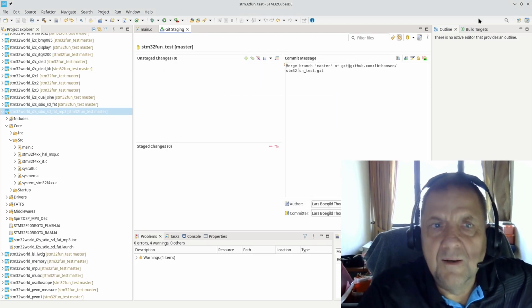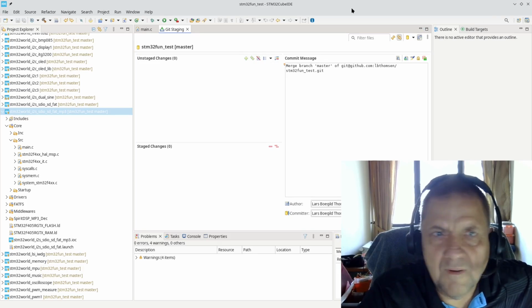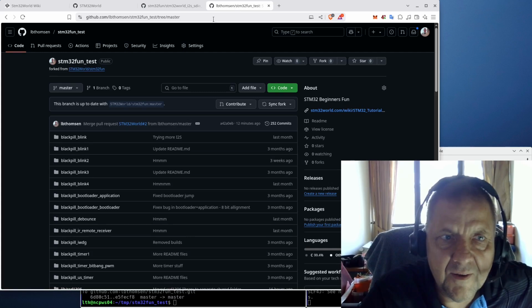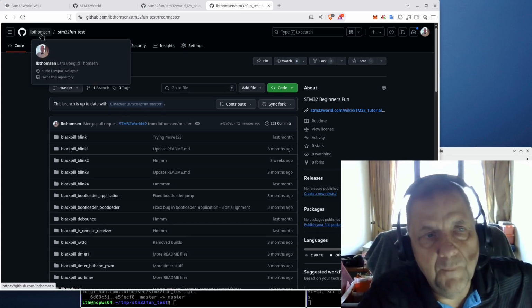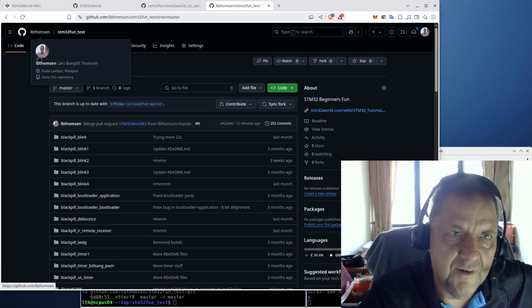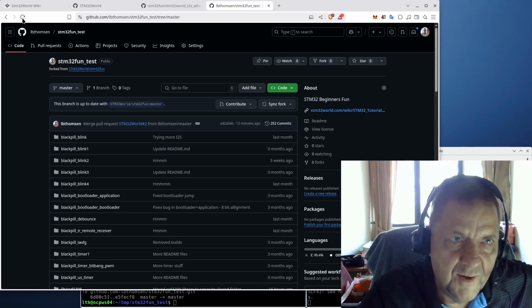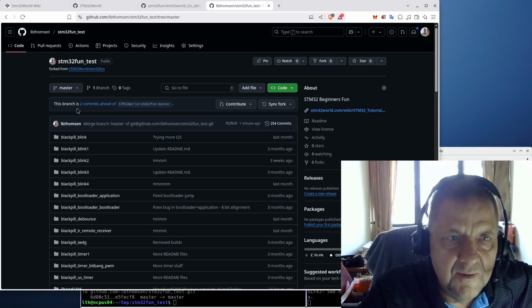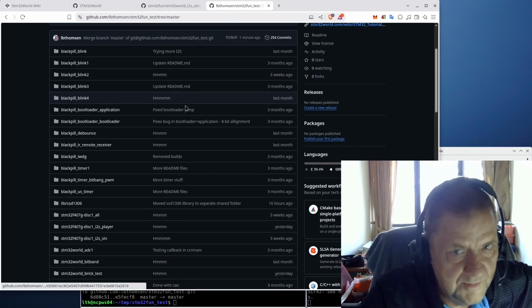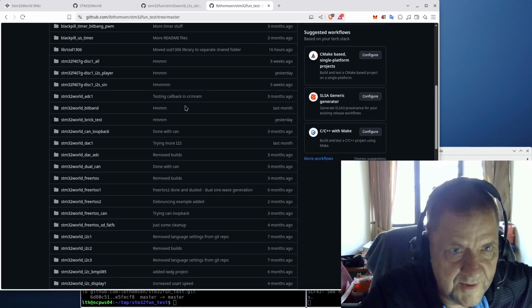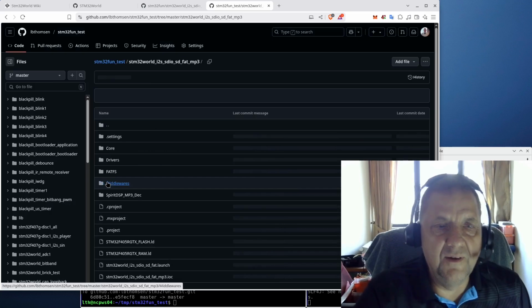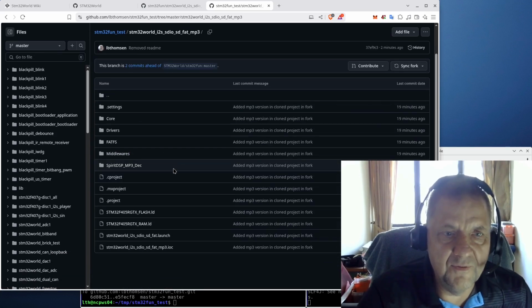Now let's minimize that and look at GitHub. Now we are the person doing the STM32 world test, and let's look at what happened. This branch is now 2 commits ahead of the master, and let's go down and look at this folder, and you can see in that folder the readme file is